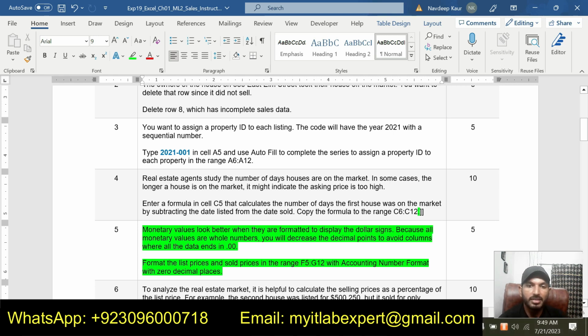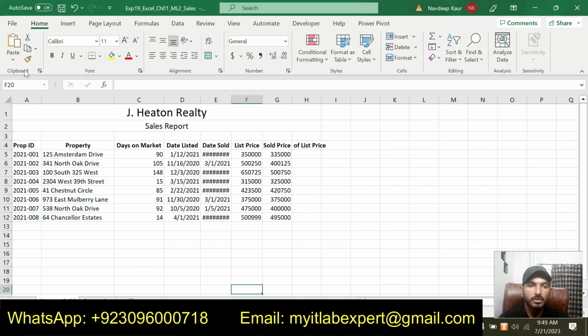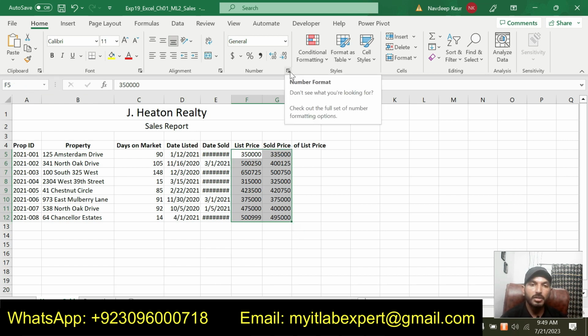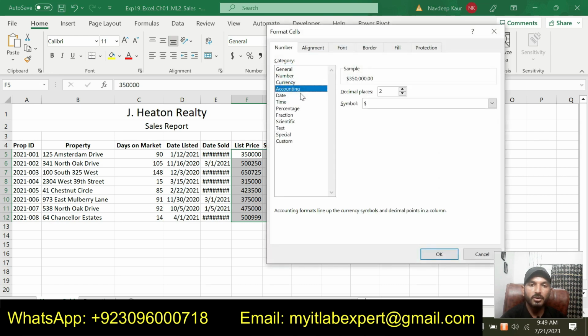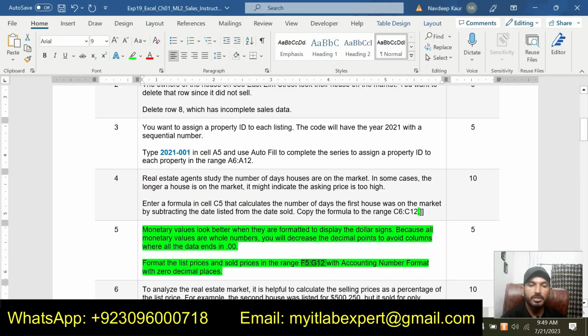For this we will simply select the list price and the sold price column. So I will select those. You can see that I have selected the list price and sold price column. I will simply go to this number tab, click on this arrow, and we are supposed to use a counting number format, and the decimal places should be with 0 decimal places.